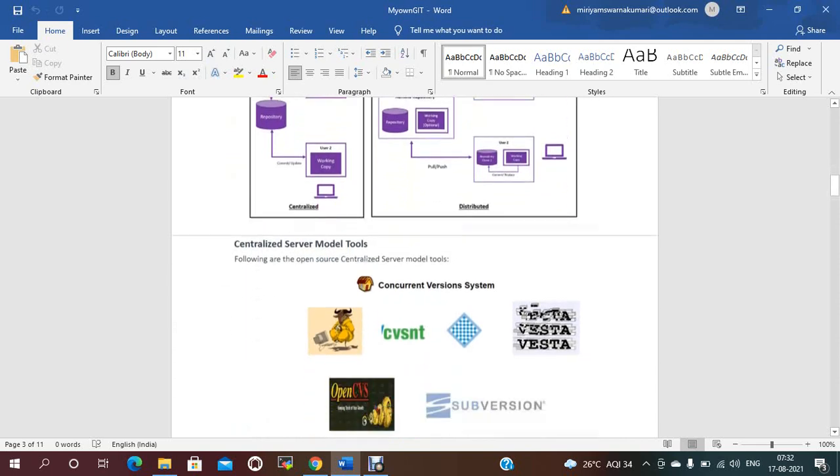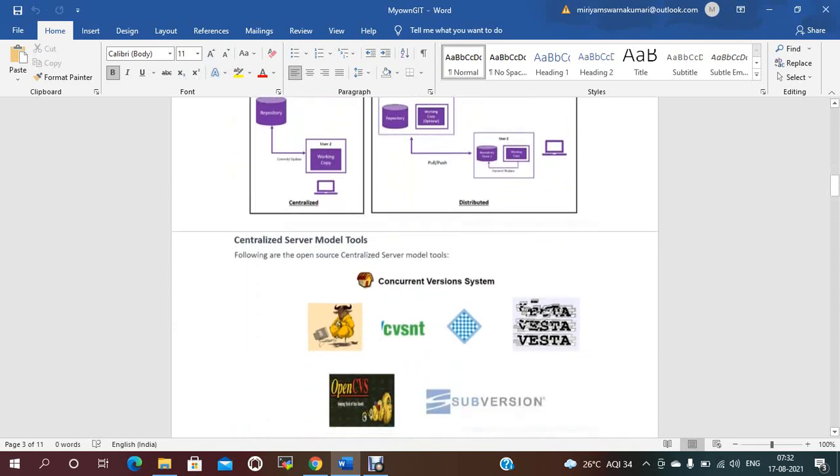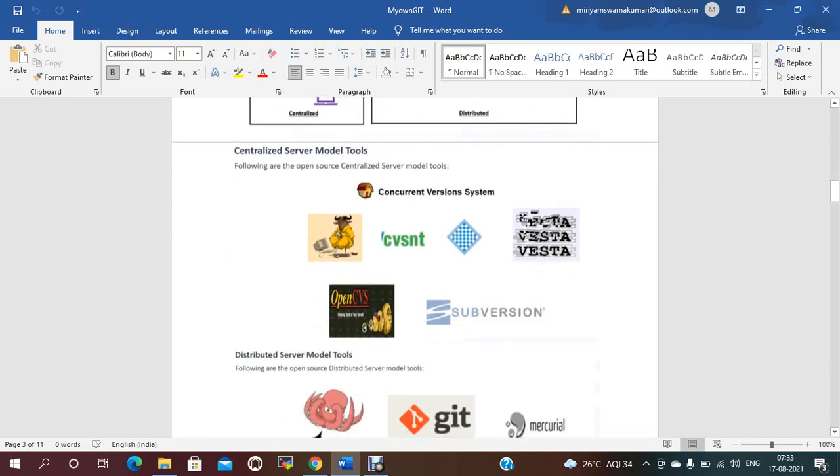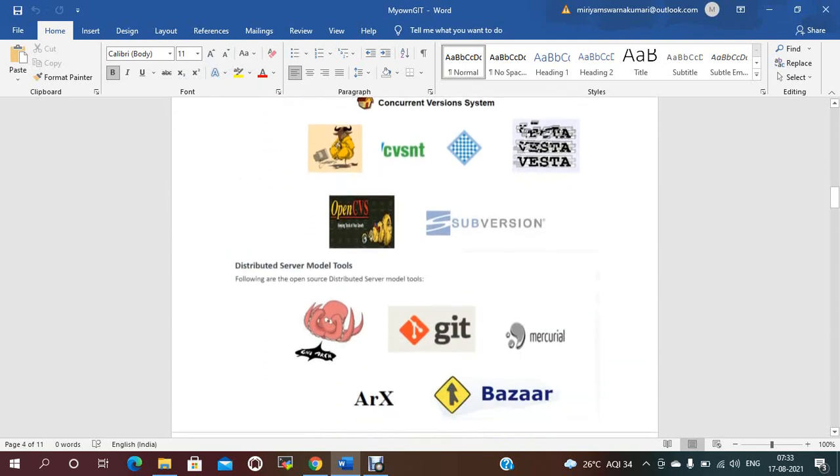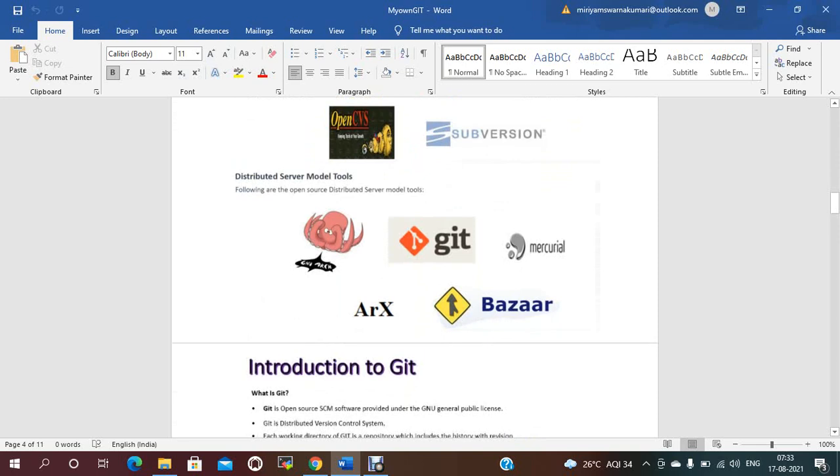Centralized server tools are like SVN, Subversion, OpenCVS and Vesta. These are the open centralized tools. The distributed server tools are like Git, Mercurial, and Bazaar.